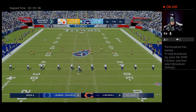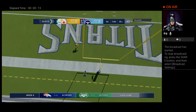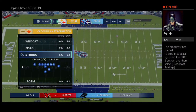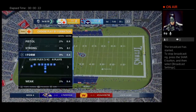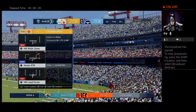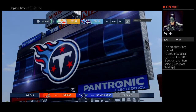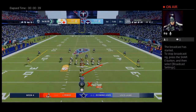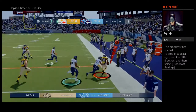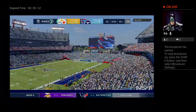Football is in the air, and the NFL season is in full swing, and we're underway here in Week 4. Ball up to the 35 now as they come up on 1st and 10. And he'll be out of bounds after getting this one across the 40. A good run there on 1st down, and it'll leave